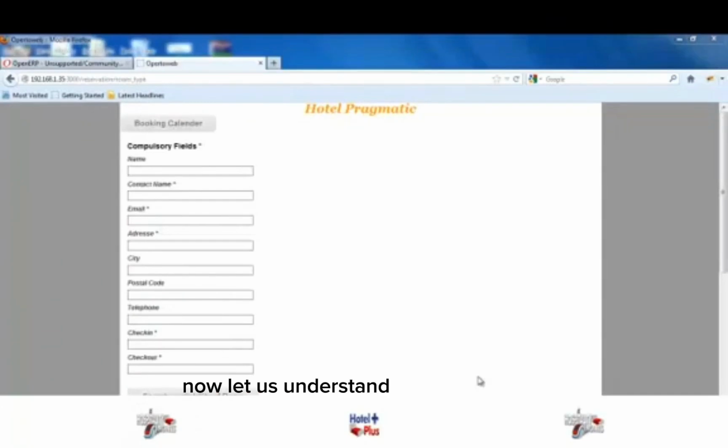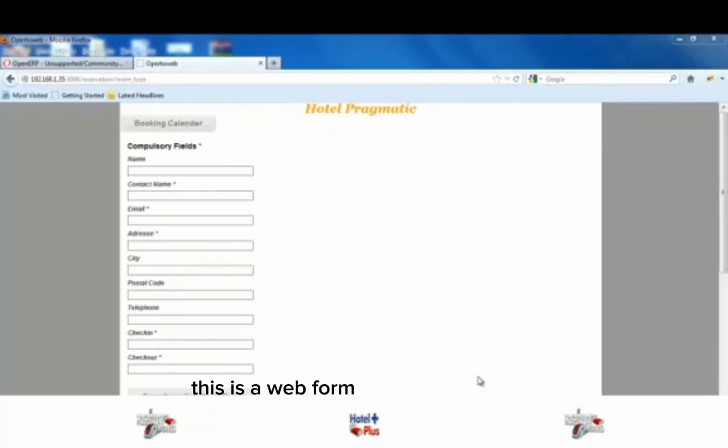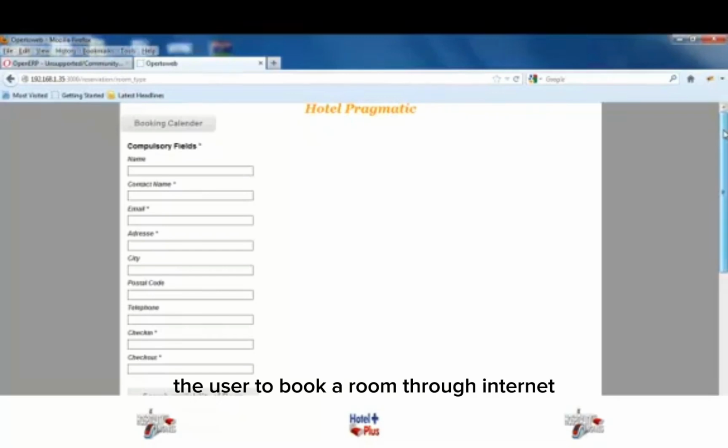Now let us understand the functionality of the web booking form which has been developed by us, which will enable users to book any room in a hotel through the internet. This is a web form which will facilitate the user to book a room through the internet, where there are fields like the name of the customer,